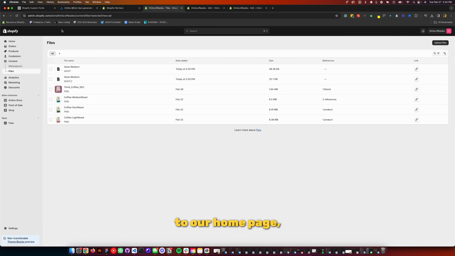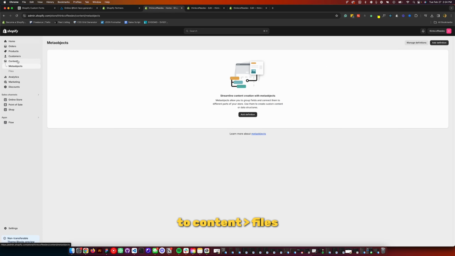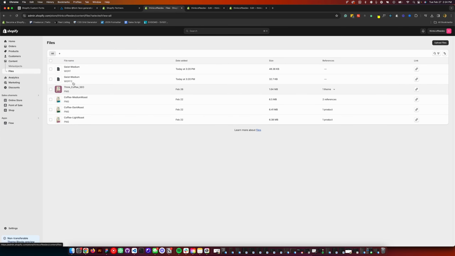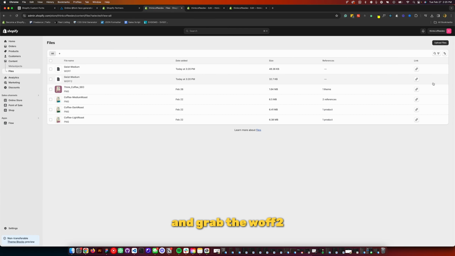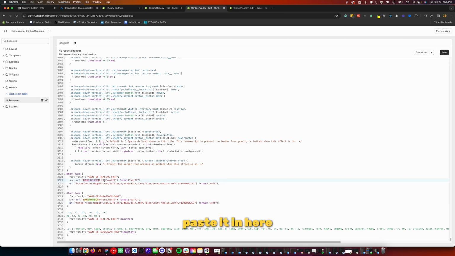So if we go back to our home page, we'll go to content, files, and then we'll grab the link, see this icon here, of the files. So I'll grab WOFF first, go over to the code, paste it in the URL here, paste it in the URL here. Then I want to go back and grab the WOFF2, and then we'll paste it in here and